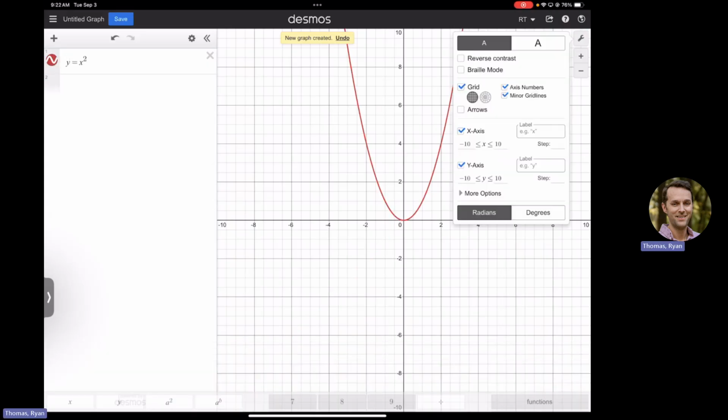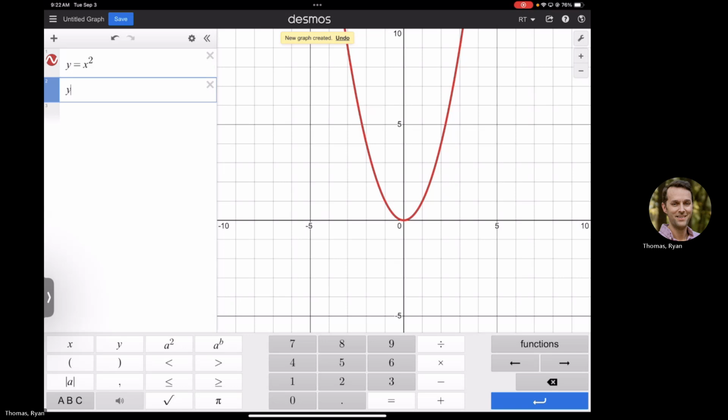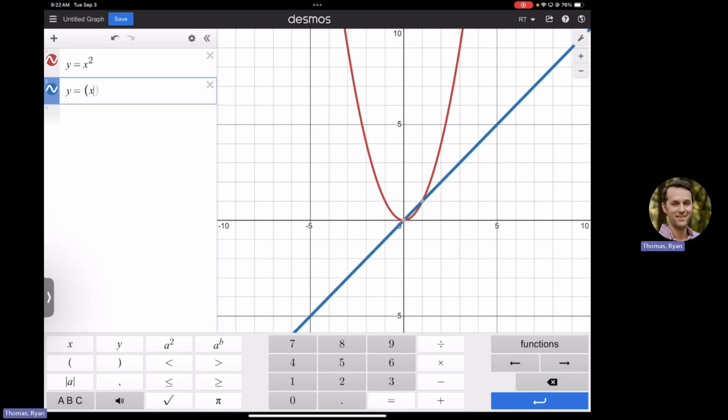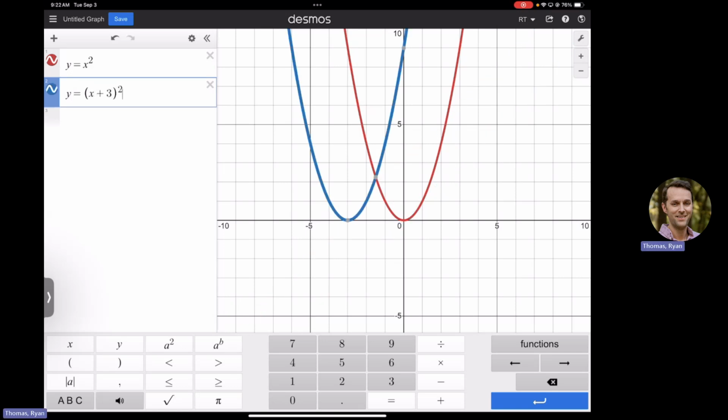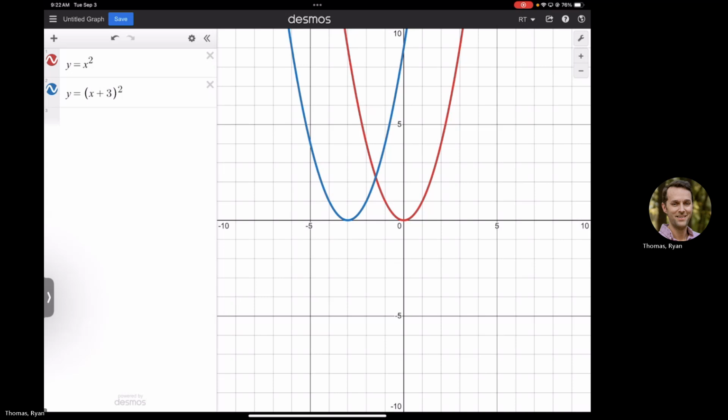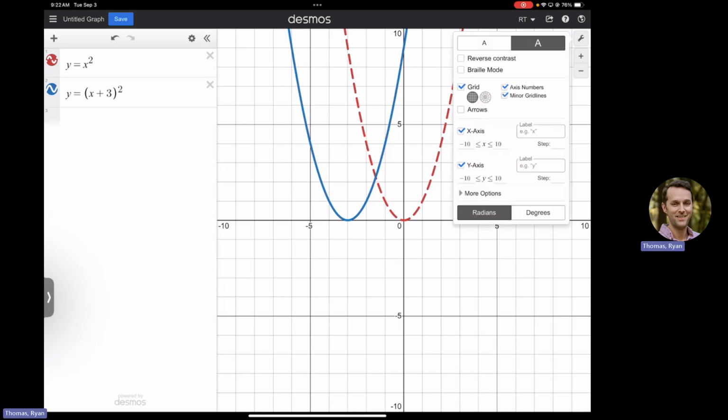There's x squared. Here's x plus 3 squared. Colors are hard to tell maybe. So that's the original function, the dashed one. This is the actual function that we're looking at, x plus 3 squared. So if we're looking for how they're different, same shape,